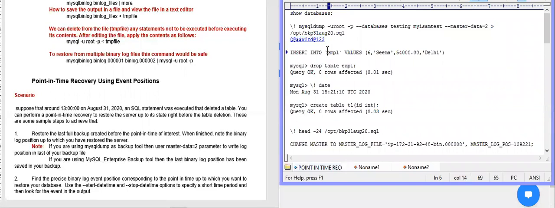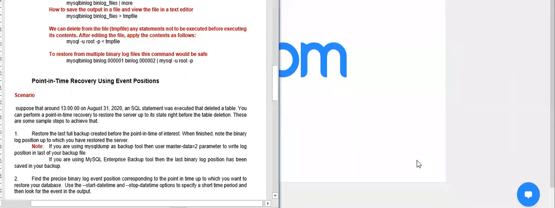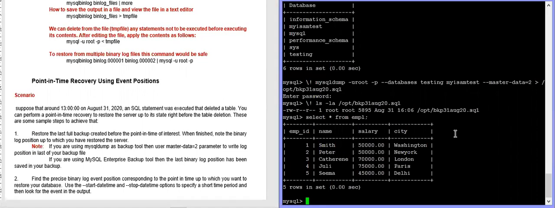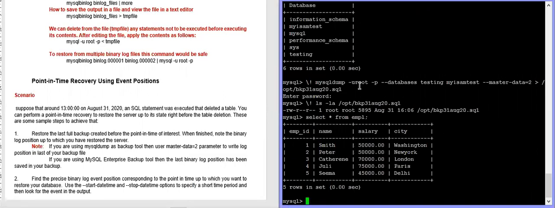Now after the backup, I'm going to insert. Let me see select star from EMPL. There are 5 values in this table. I have just taken the backup, and in that backup there will be only 5 records, correct?